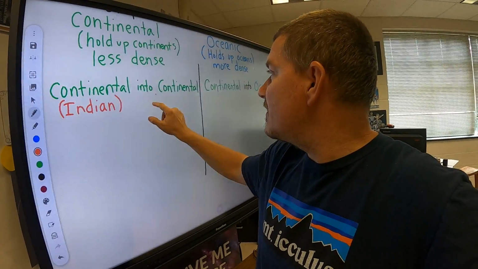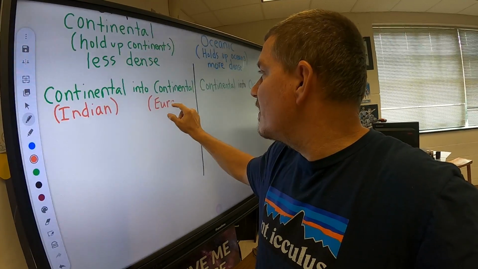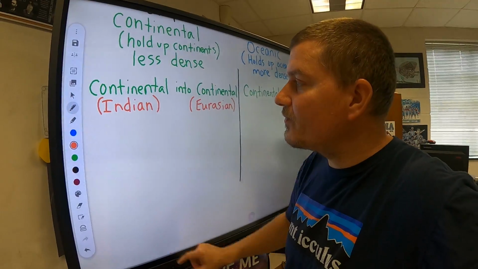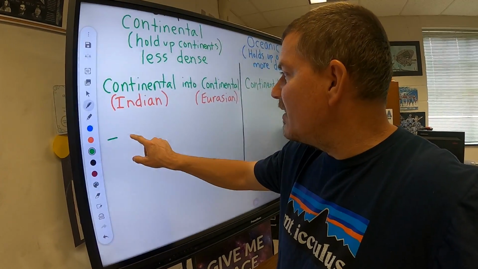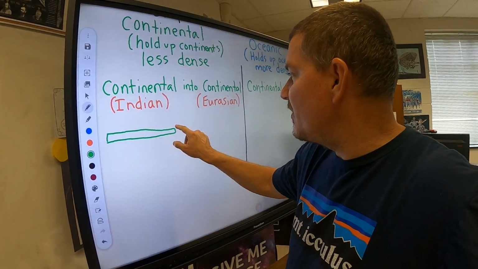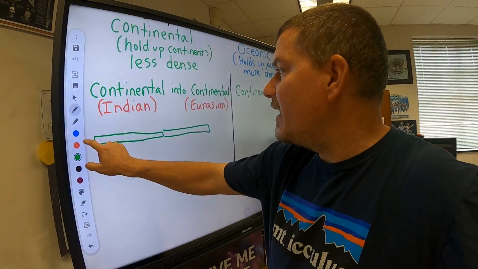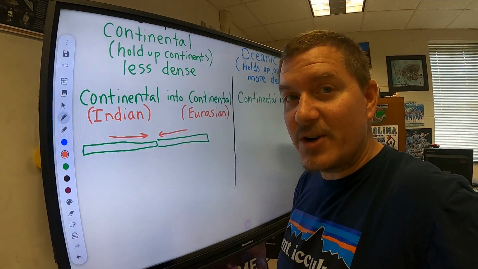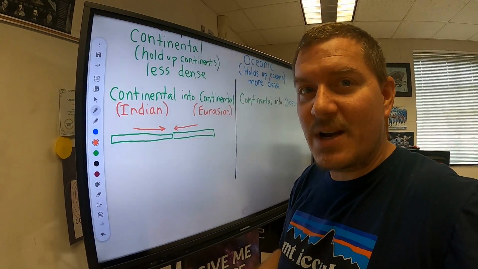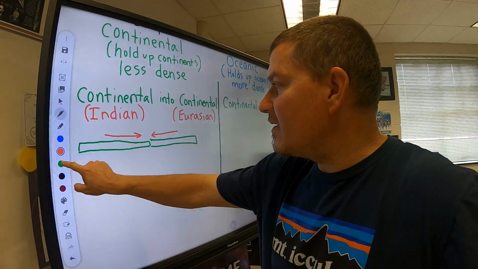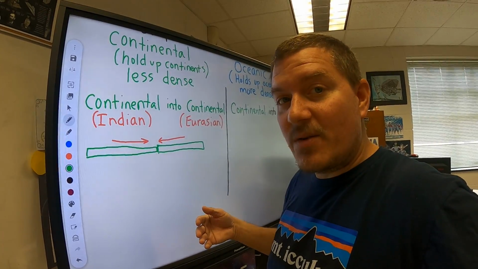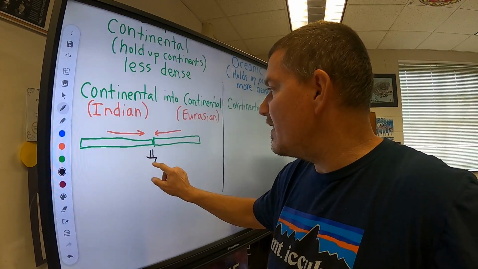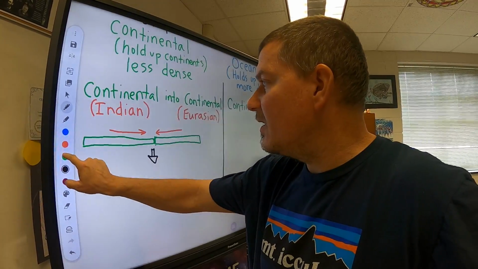The Indian plate and the Eurasian plate. So I'm going to try to draw that a little bit. First step we have is our two plates. And we should know that they are pushing against each other. They're coming together since it's convergent plate boundaries. Convergent means come together. But since they are equal densities, neither one can really win in that battle. So that's our first drawing, and that's going to lead us down to